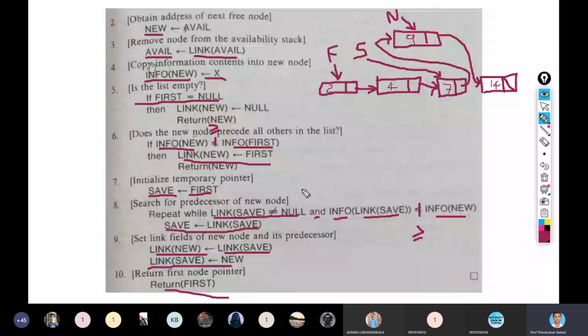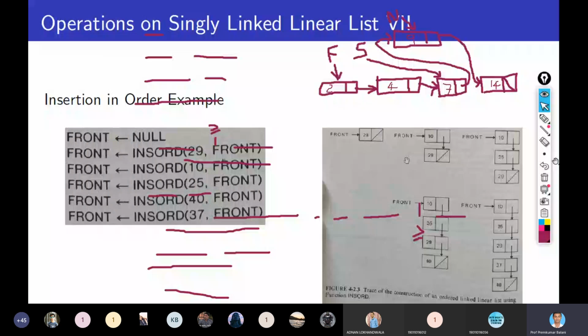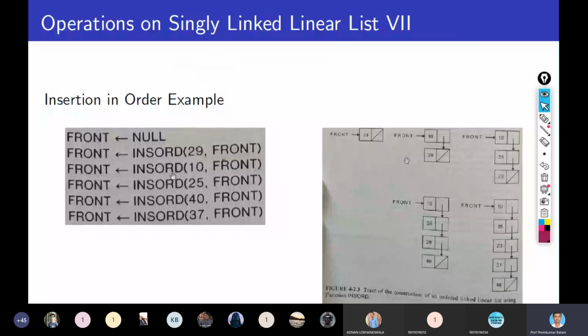So this is the example. Here you can see initially the front is null, and then I call the insert in order 29 to the linked list front. So 29 is inserted as a first node.